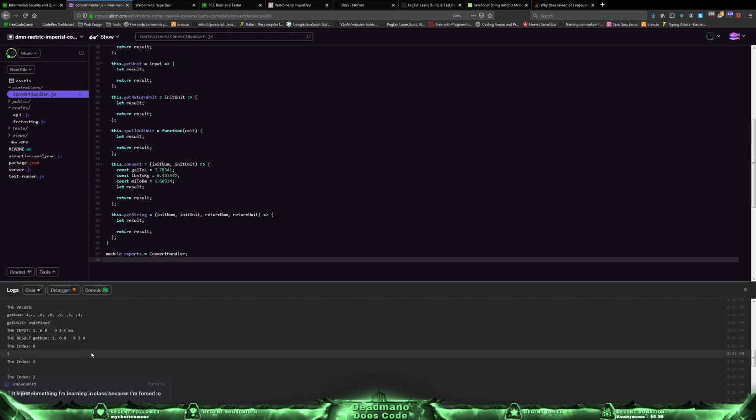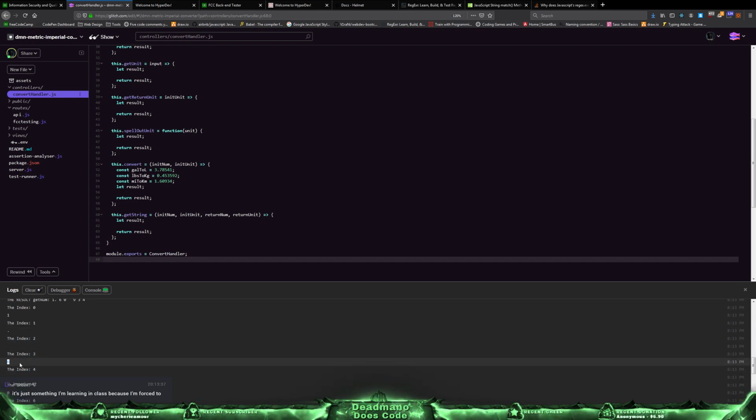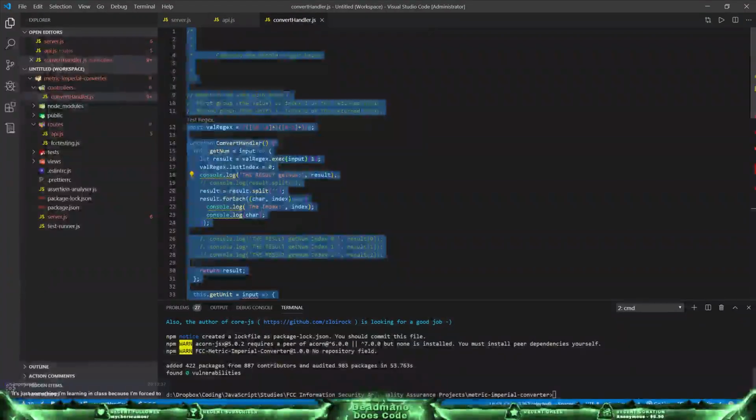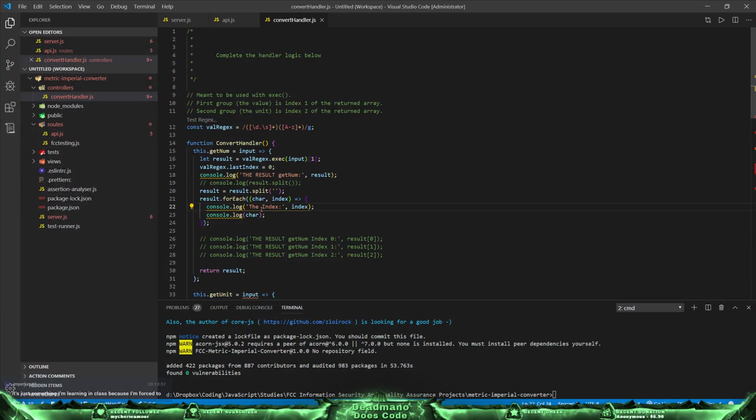Wait, can we trim it? No, because trim doesn't. Yeah, we trim it first, and then we wanna filter. So trim it and then filter it. I wonder what trim will do to a space though. Like if it's a literal space. Or we can just do an if. There's an empty